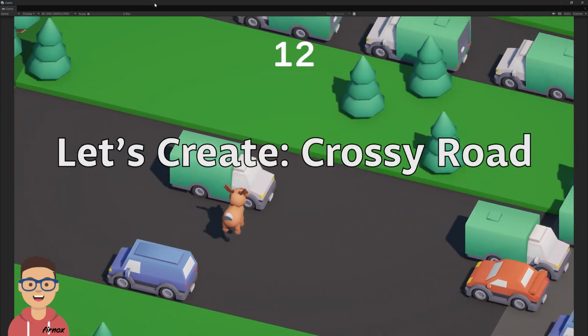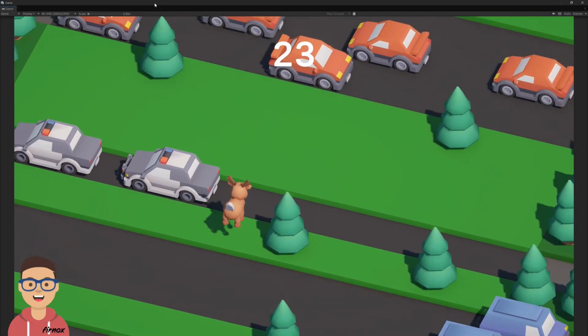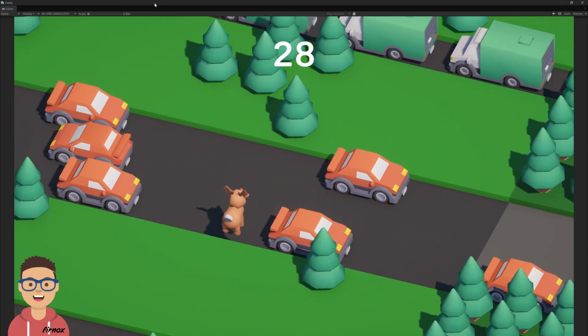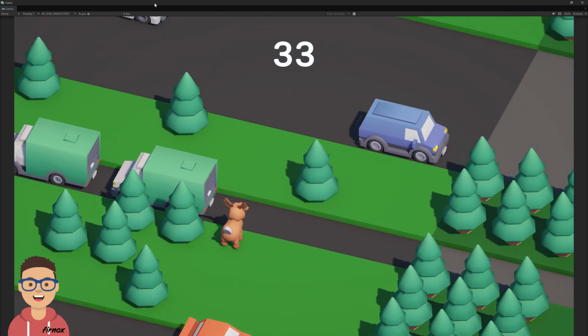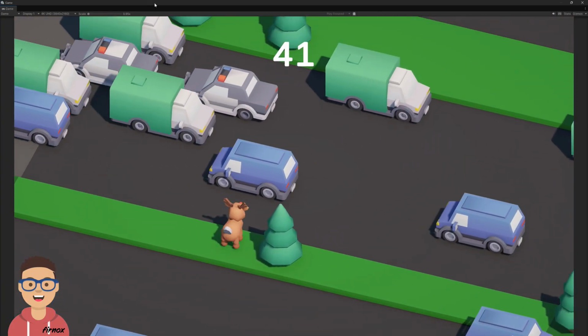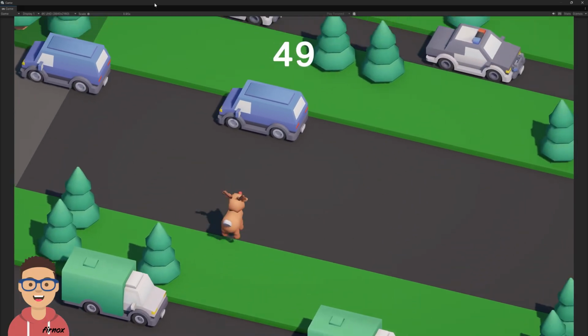Hi, in this Let's Create episode, we're going to be creating a Crossy Road clone like this. We've got the character moving in a restrained isometric 3D view using a hopping light animation. The levels are procedurally generated with two terrain types, grass with trees on or roads with cars on. The level gets harder as we progress by putting in more roads and making the cars faster, and we track